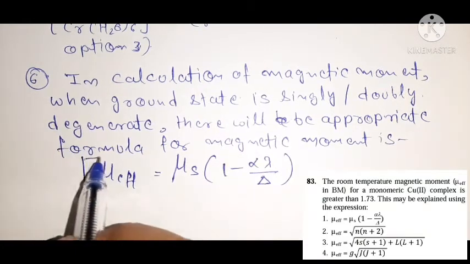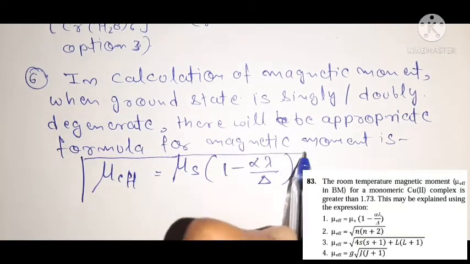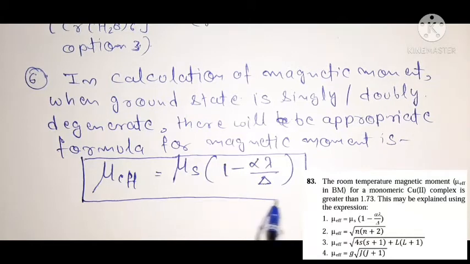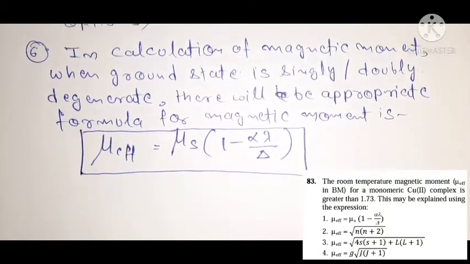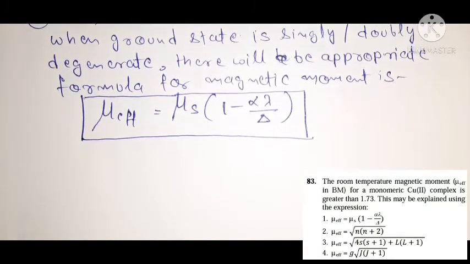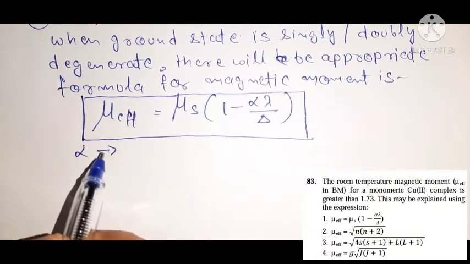This is the correct formula for finding magnetic moment with singly or doubly degenerate ground state, in which alpha is